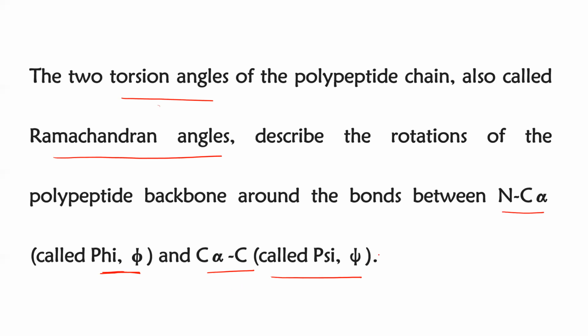Whereas omega is fixed. Right? It is fixed, hence no rotation. Its value is also from 0 to 180 degrees, but there is a double bond character here, hence it can't rotate. Okay,